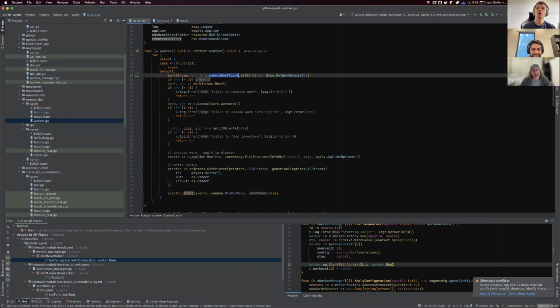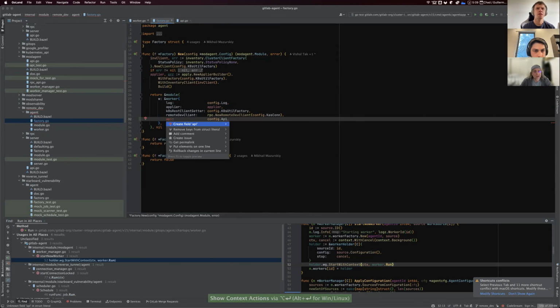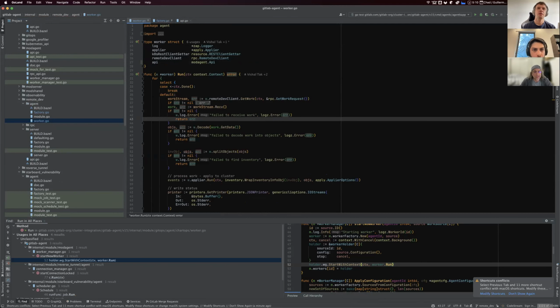So now you just need to add this field to the struct actually. And you can press command enter on it or option enter or something. Command enter, I think. Create field. Yep. Yep, in the struct, okay. Yep. And then here,